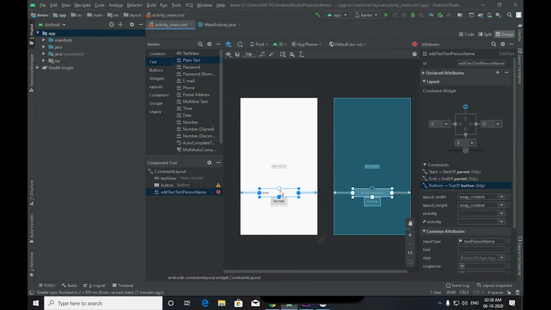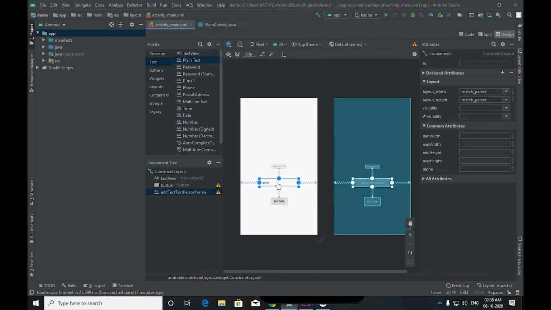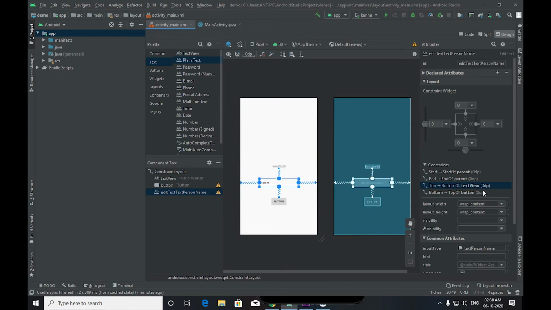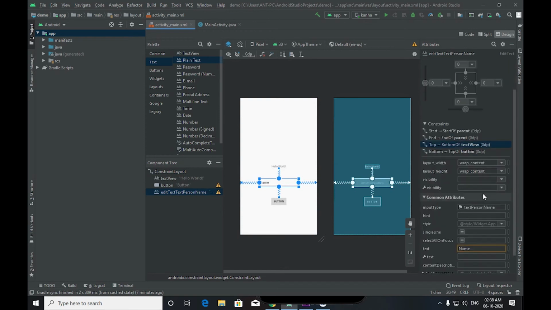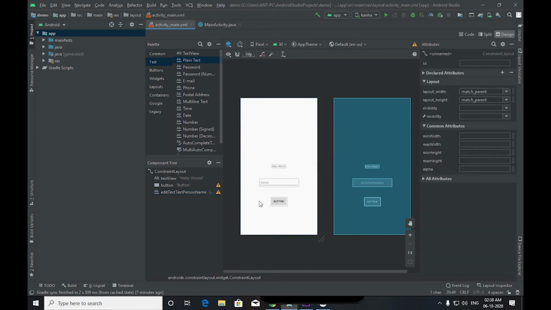Constrain the button on the bottom side, and constrain the top side with the text, so it will go in between them. We don't need a name for our edit text, so we'll just delete this, and we need a hint just to show the name we need to write here. When you write the text in the edit view, the hint will go away.